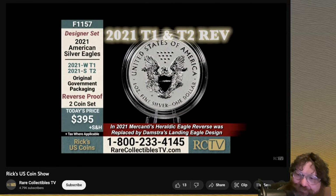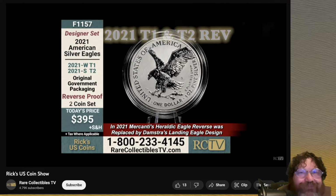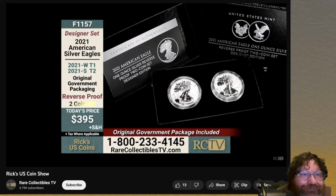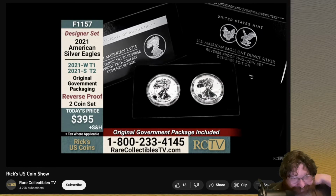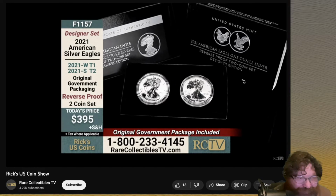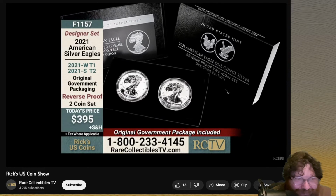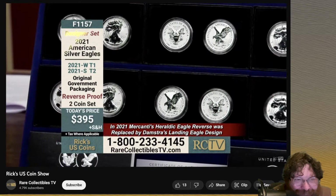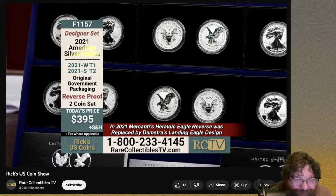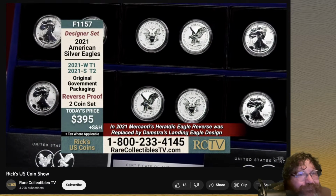The year of the first ever design change for the American Silver Eagle. This is a set you can truly be proud of. The thing is, Silver Eagles are basically like Morgan dollars, except with Morgan dollars, everybody was learning how to market them, and now everyone knows how to market them. I truly hope you take advantage of this terrific